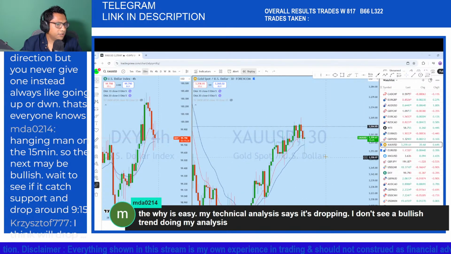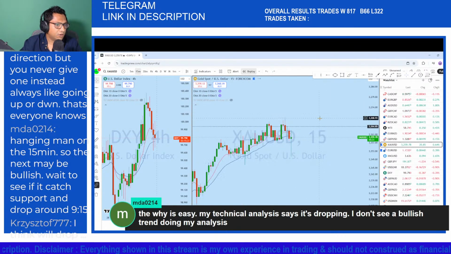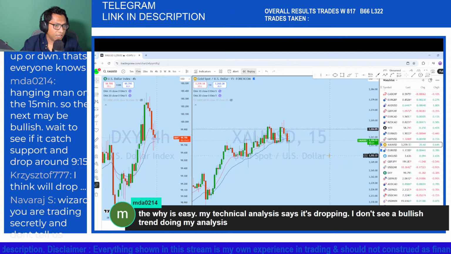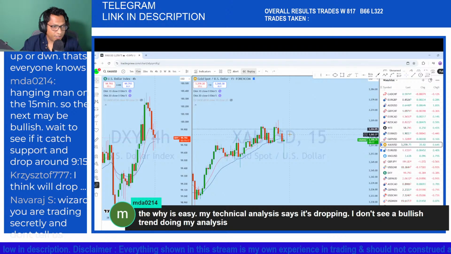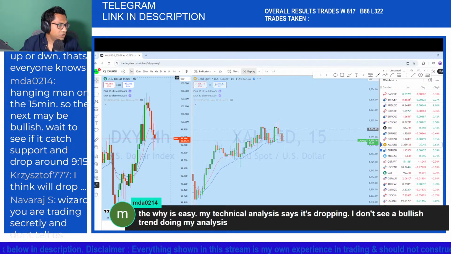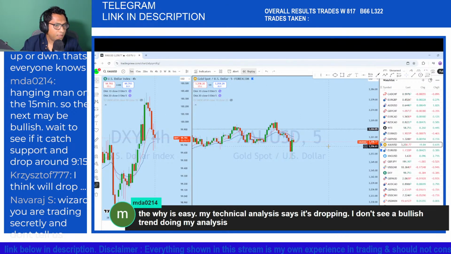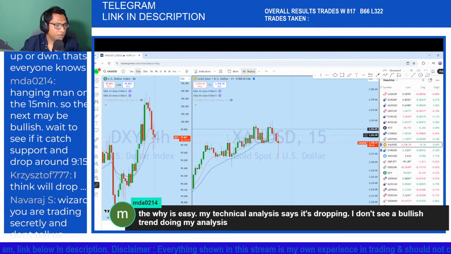So if you look at here, this is the 30 minutes, 15 minutes candle closed, potentially closing as a doji. Now this doji, what I think is that we might still see potential sideways movement here, right? So you can see there is a doji formation,